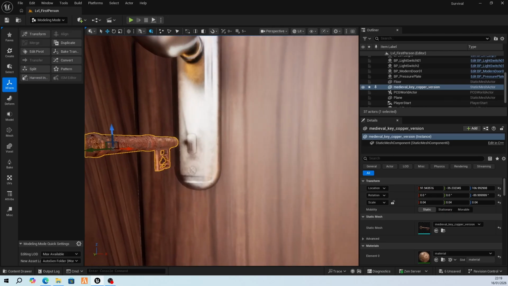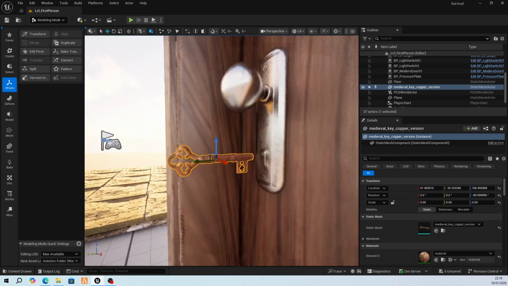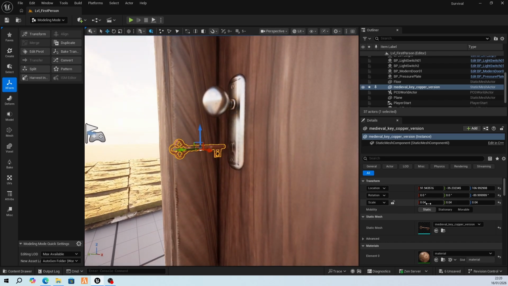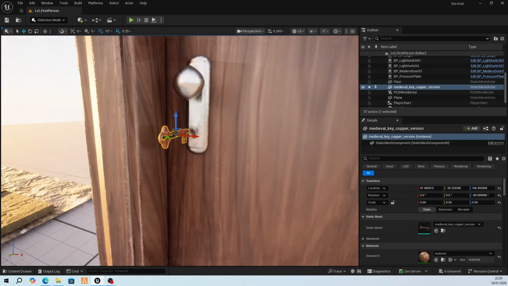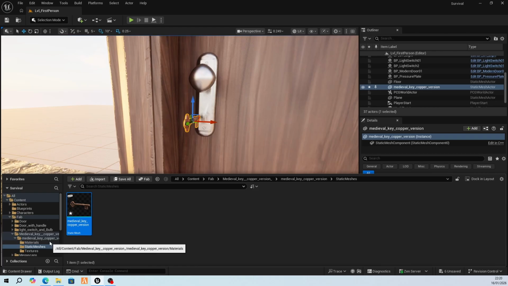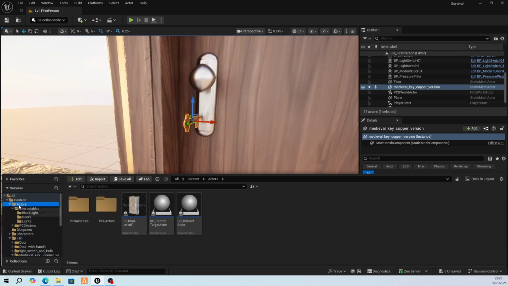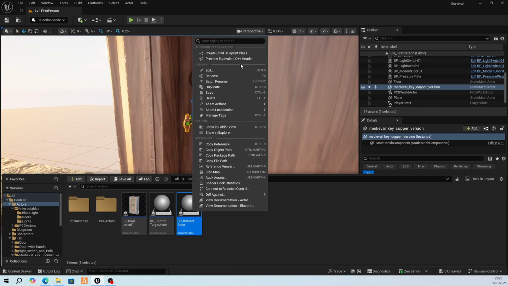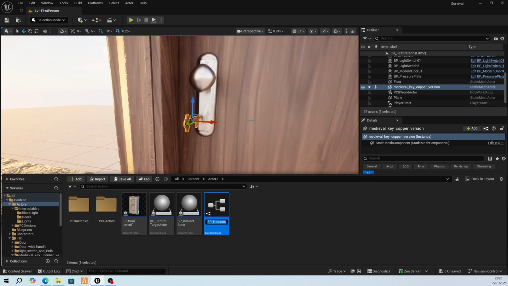Right, so we have a key, and there it is. So we've got all our dimensions here that we need, and we need to now make this into an object. So let's go back to selection mode, because we've done all our modifications to the key, and we want to create a new blueprint for this key. Now our blueprint is going to be an interactable, because we're going to be able to pick it up. So I'm going into my actors folder, where I've got my base interact actor. Find wherever yours is and right click on it and create child blueprint class, and it's going to be